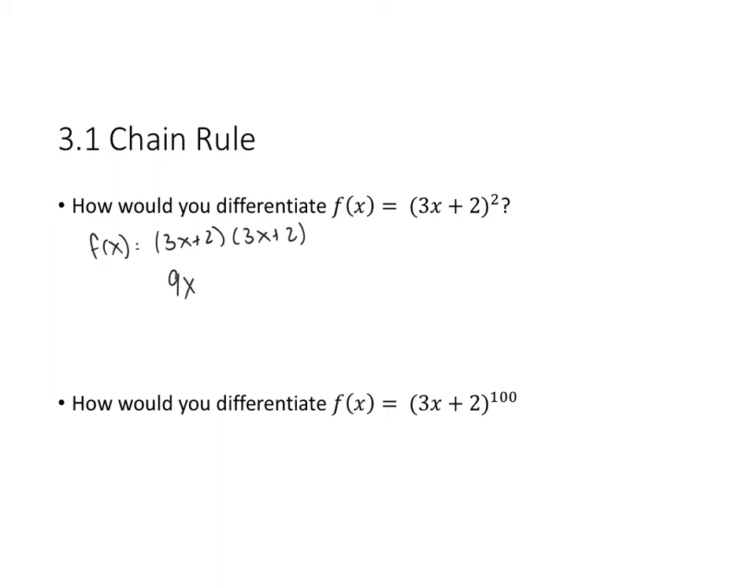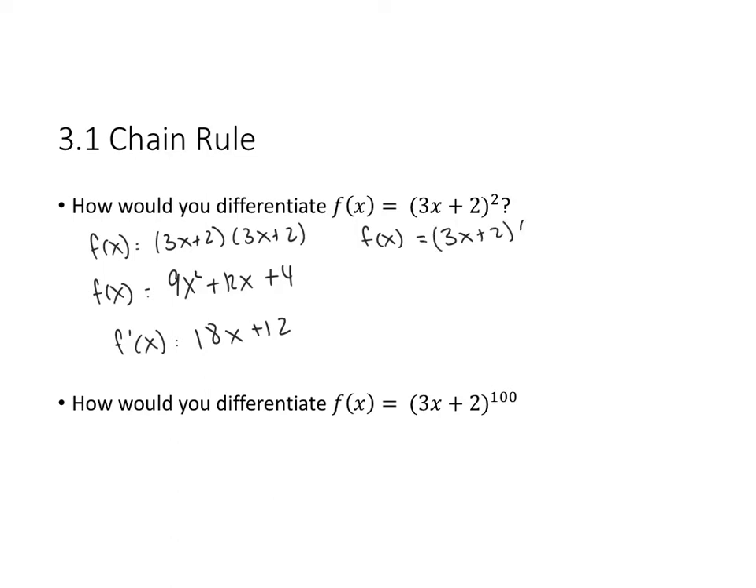so we have 9x squared plus 12x plus 4. And then I take the derivative of that using the power rule, 18x plus 12. Or the other way that I could do it is using the product rule, which would be